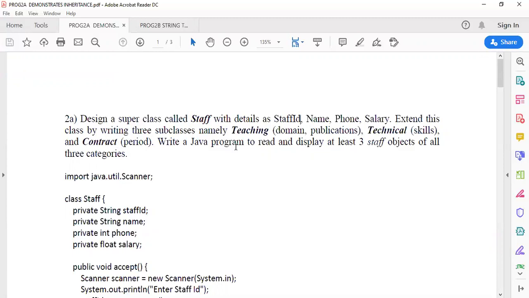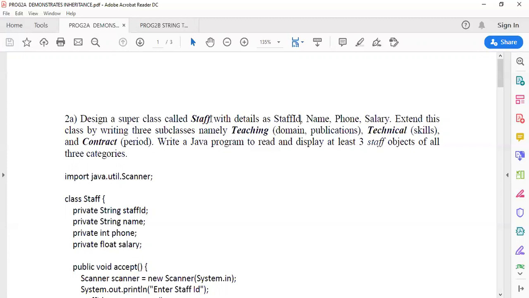So all these three types of designations, teaching, technical, and contract, have 4 things in common: staff ID, name, phone number, and salary. Apart from these, the teaching staff has domain and publication, the technical people have skills, and the contract person has the period of time attached with our company.